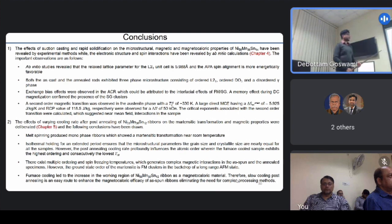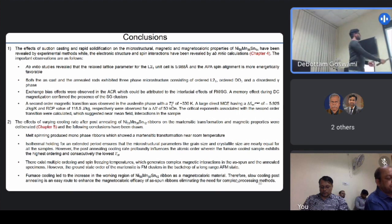Furthermore, the critical exponents associated with the second order transformation were also calculated, which suggested near mean field and long range interactions in the sample. The variation of the atomic order with the cooling rate was also studied by changing the cooling rate of the samples, and the following conclusions could be drawn: melt spinning produced monophase ribbons compared to